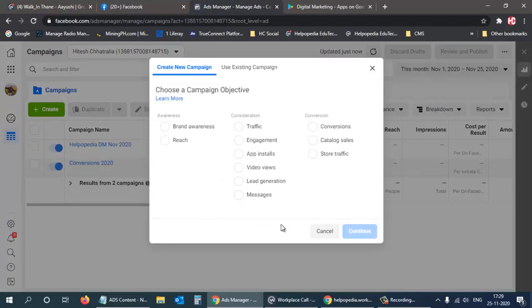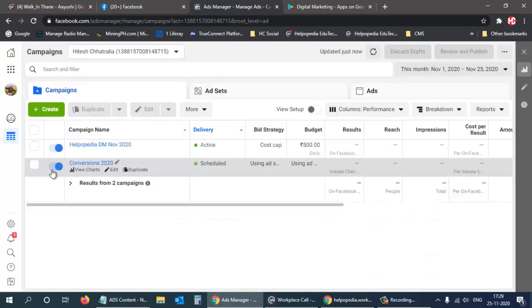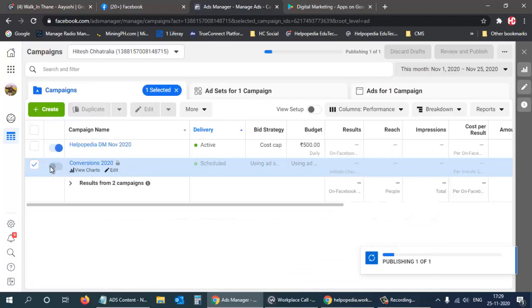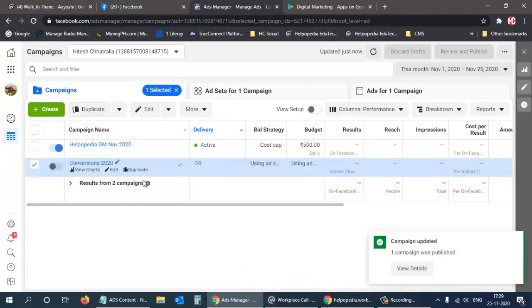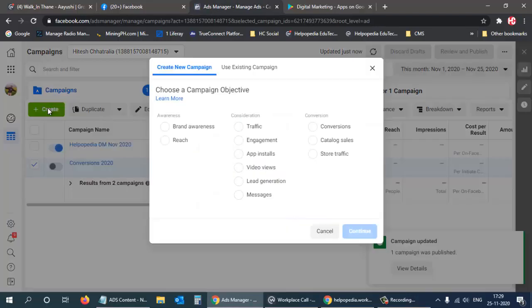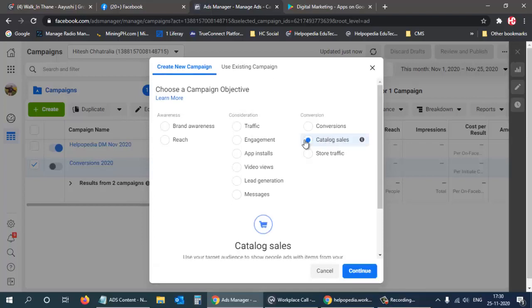So right now this is scheduled, so just let me cancel this because the payment is added for this ad, so I don't want this ad to be running, so I will keep it off right now. So just let me click on create. So conversion and catalog sales both are one and the same thing. So over here one product can be promoted, over here we just did this sales. So sales is say like catalog promotion. So okay, fine, let us just see this one also,